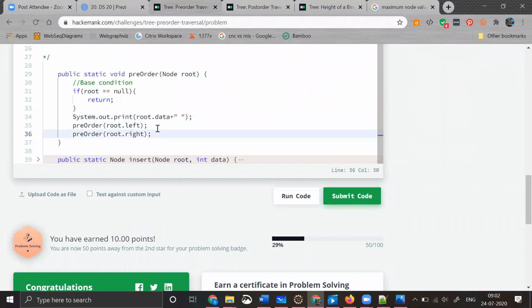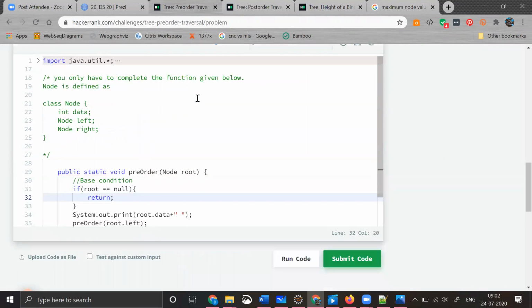So we have taken small examples in our previous classes also. The heart of every recursive program is this base condition, guys. If you do not write this base condition, the recursion doesn't know when to stop. Recursion doesn't know when to stop, so it's very hard. So that's what it is, guys.